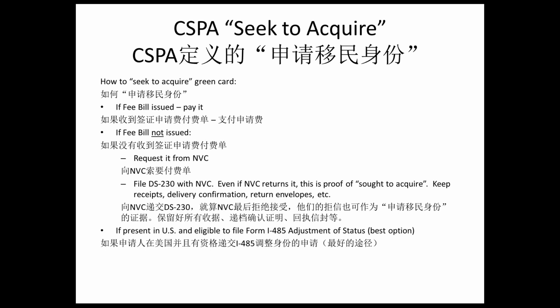If you cannot get a fee bill because the NVC just doesn't want to issue it, just file the DS-230. 如果因为任何原因你没有及时的收到这个付费单的话，你就递交 DS-230。The DS-230 is the old form. You can find it online by searching. DS-230是以前一个旧版的表格，在网上可以找到的。And here's something that's a little bit strange, but we live in a strange world. A few months after you file the DS-230, the government will return them to you. 在你递交了 DS-230之后，政府非常有可能会拒绝接收你的 DS-230。But they will send you a letter saying, we're sending this back. 但是他们拒收的时候，会给你发出一个证据，就是说我们拒绝接收你的 DS-230。